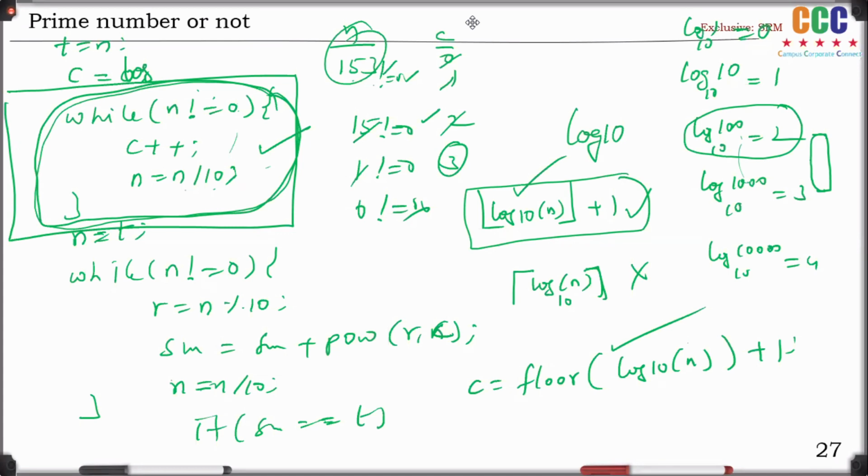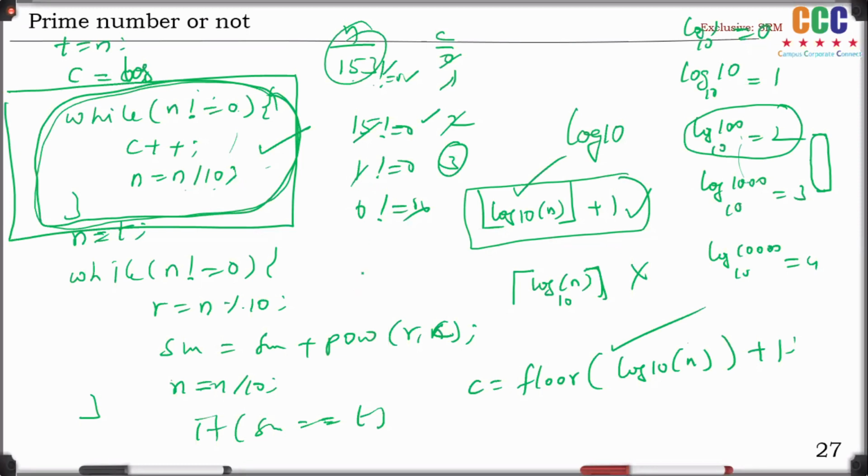Okay, friends, this is the way of problem solving. Definitely they will ask you to check whether the given number is purely mathematically an Armstrong or narcissistic number or not. Is this clear, friends?